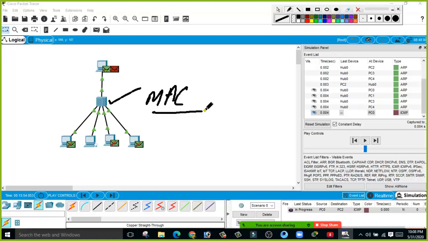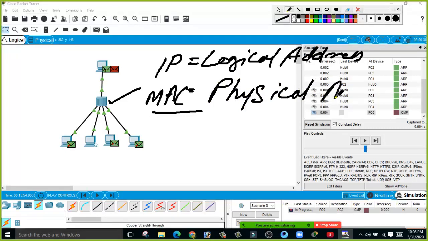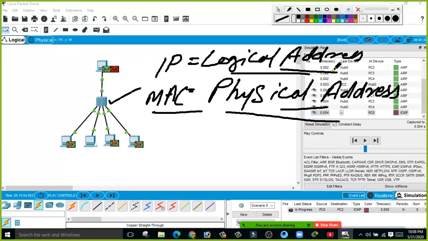What is a MAC address? A MAC address is the physical address of a device. Take a note, you may get a question in an interview: the difference between an IP address and a MAC address. An IP address is the logical address of a device available in a network. And a MAC address is a physical address, and this address is permanent. It cannot be changed. The IP address is a logical address of a device and is not permanent.